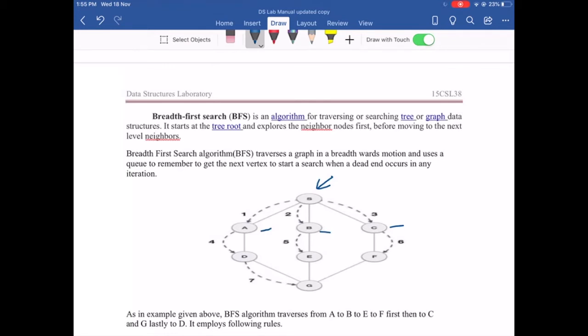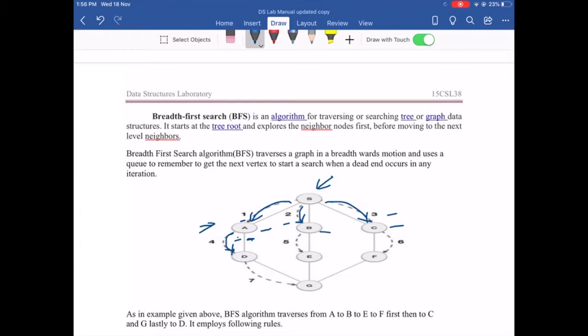jump. So the BFS starts by visiting the node A first, then node B and then node C. Once all the neighboring nodes are done, it is going to go and visit the next level neighbors. So it is going to start from this order. The first one which got visited was 1. So from here you are going to visit all the nodes which can be visited with a single jump. So as you can see, there is only one node that can be visited, that is D, and once that is done, there are no other nodes that can be visited from A.